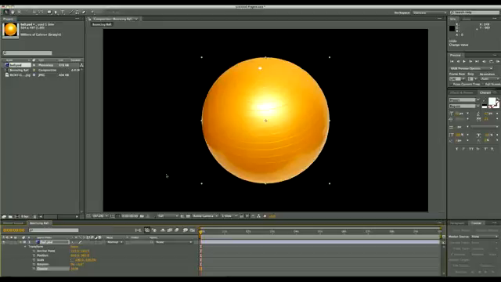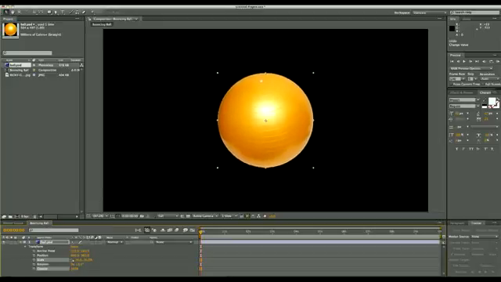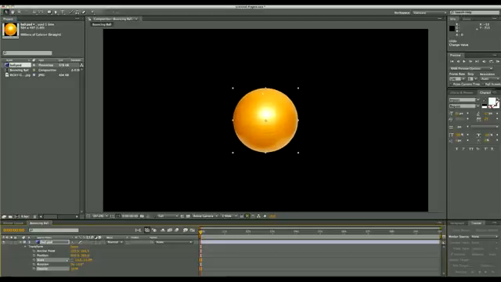So with that being said, the first thing I'm going to do is click and hold and scrub down on my scale until I get it to a scale that will work for the animation that I want. All right, right now I have the scale set to 47. You can also simply click on